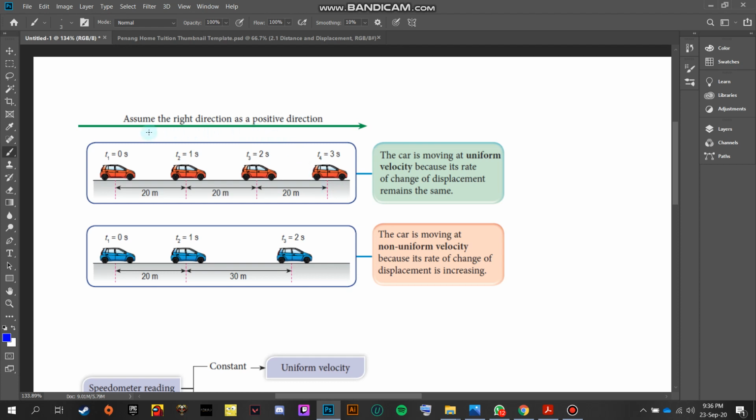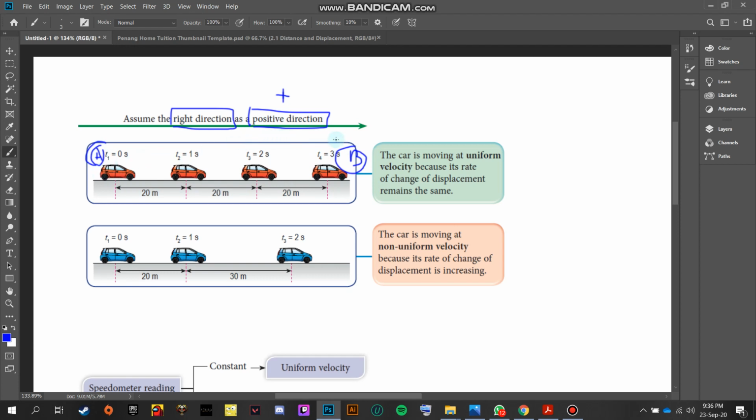So let's assume that the car is moving from point A, this point, to point B. And we assume it's moving in the right direction. Now, when we move in the right direction, in physics, we always treat this as going in the positive direction. See, the car moving from point A to point B, we could say the car is moving in a positive